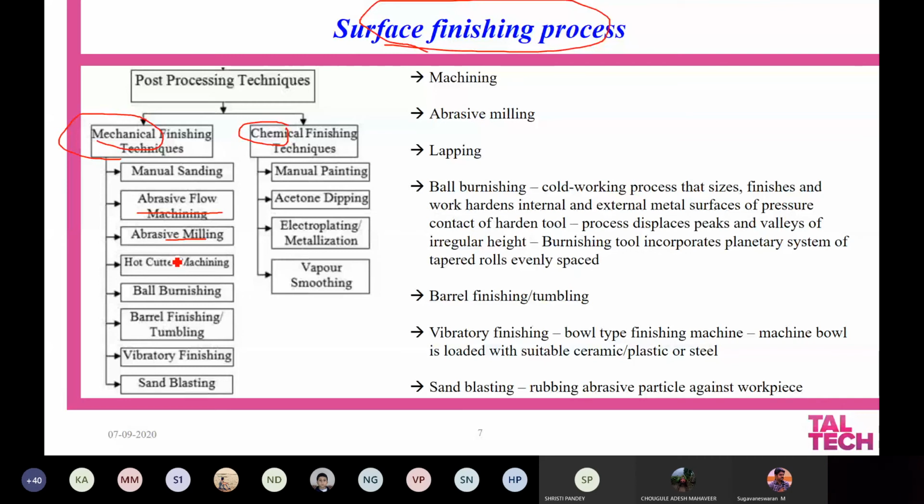In case of chemical machining, manual painting also comes under a chemical based finishing technique, because it not only gives aesthetics to the component, but it also gives corrosion resistance to the components.